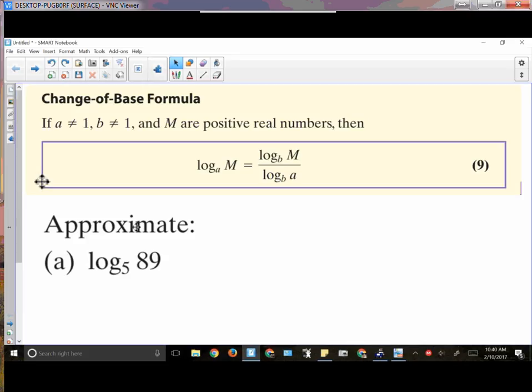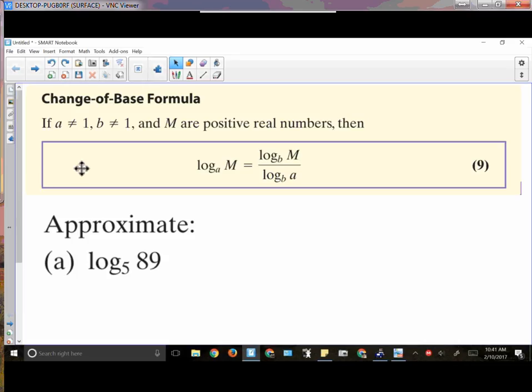Now, your calculator has the capability of dealing with logs base e, natural logs, and logs base 10. You can put a logarithm to any base you want. And back in the day, when they were working with logarithms, they had books filled with just logarithmic tables, all the numbers of what different logs went to. Now,